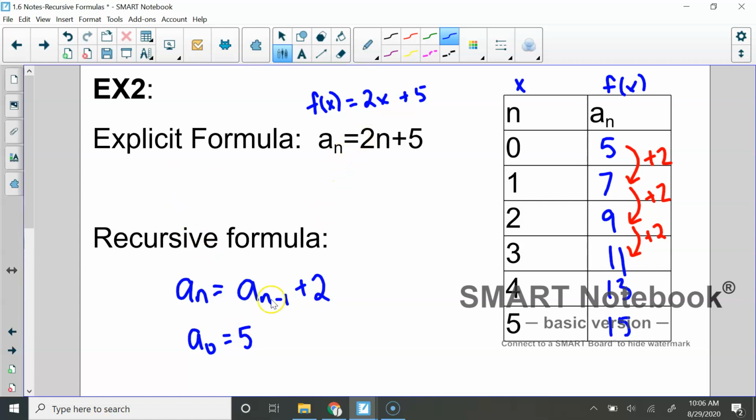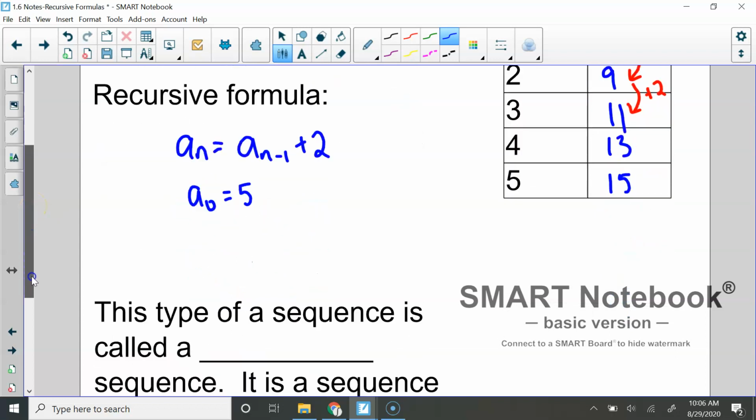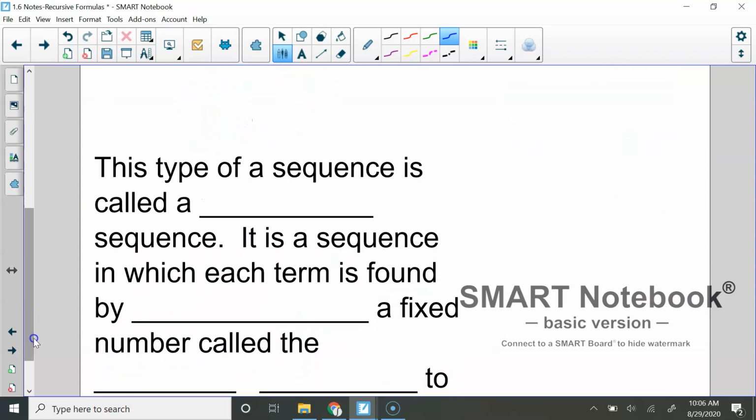But you notice here that you're adding that slope of this linear equation, and then your y-intercept is your a sub 0 for this recursive formula. So whenever you have a linear graph, the recursive formula is going to look like this. These types of sequences also have a special name, and they are called an arithmetic